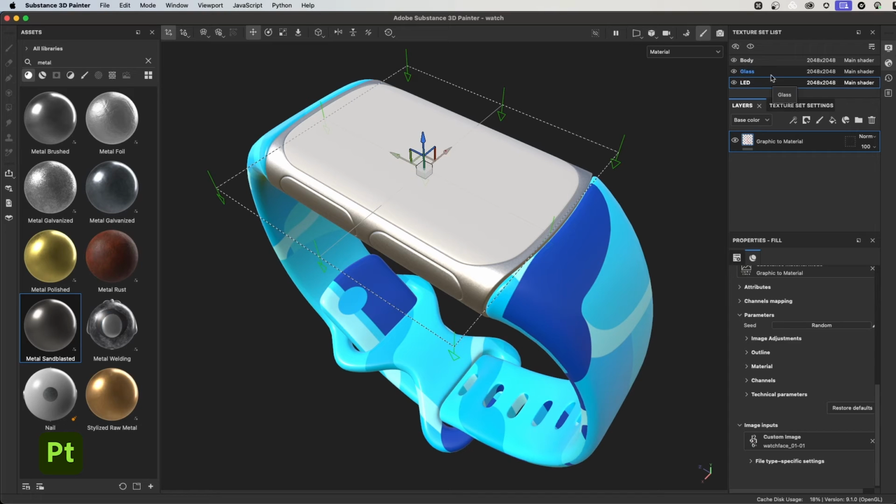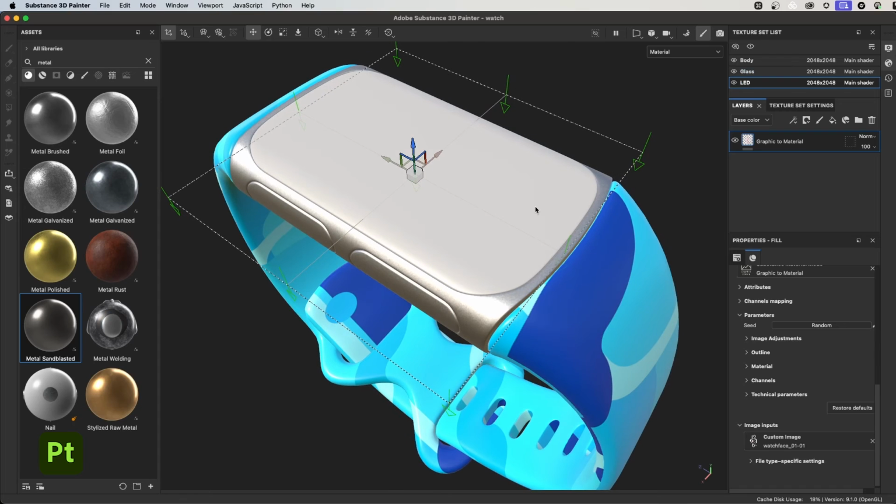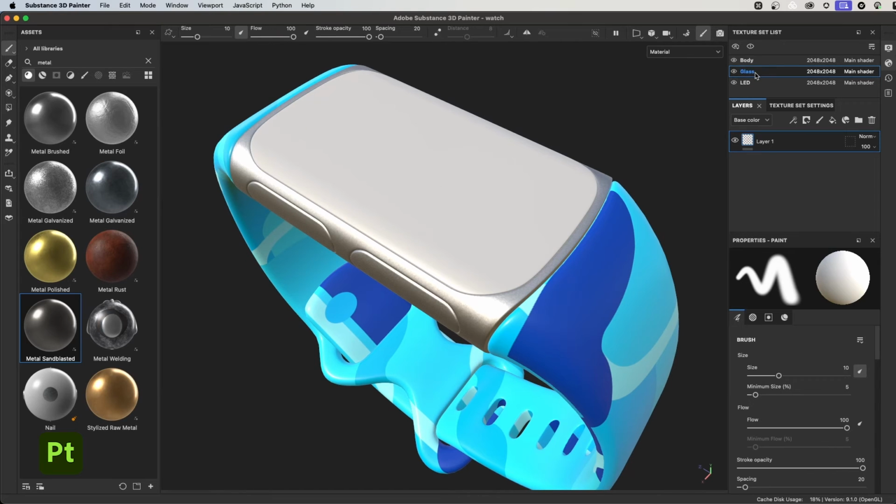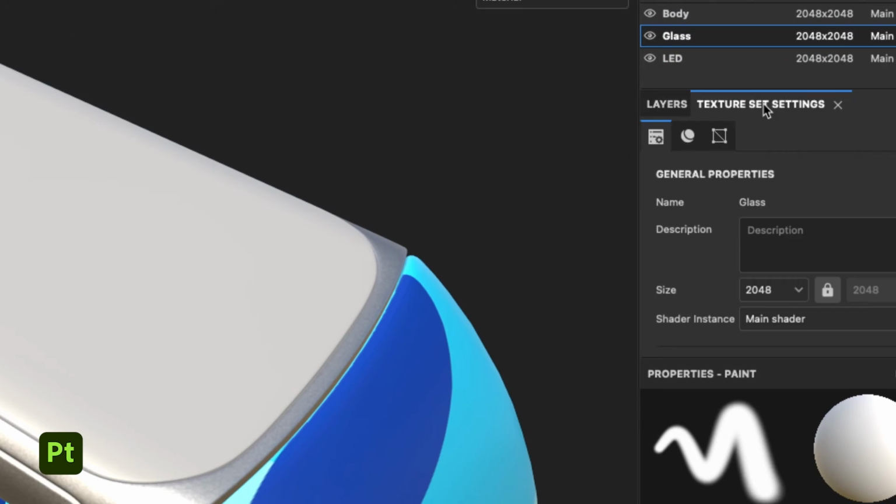And as you can see, the glass is now covering the watch face because it's not transparent. We need to actually make this into glass. So let me show you how that would work. We're going to select the glass material, and now we need to make some changes to the actual texture set itself. So for that, I will come over here to my texture set settings, and I'm going to select this